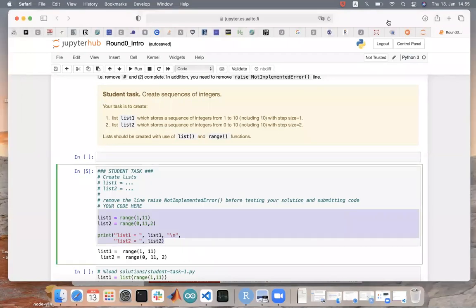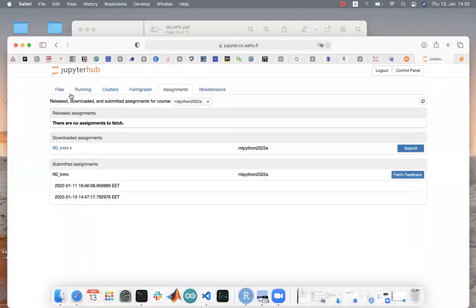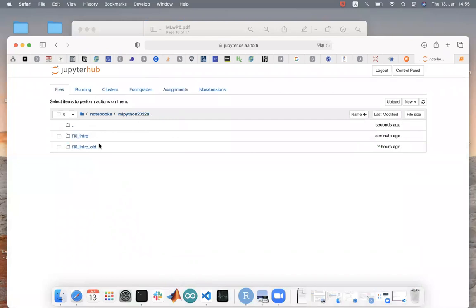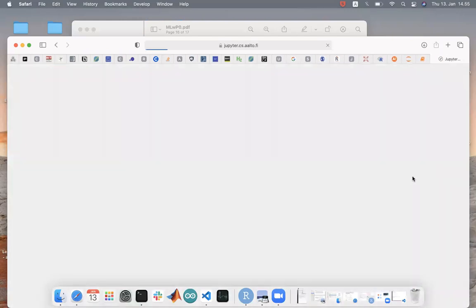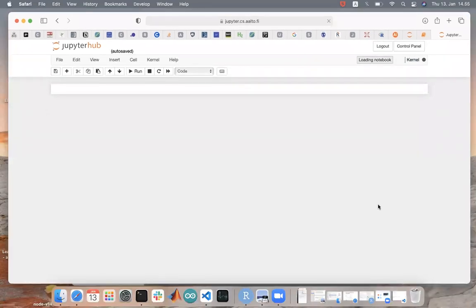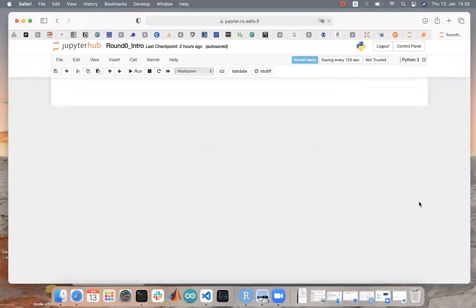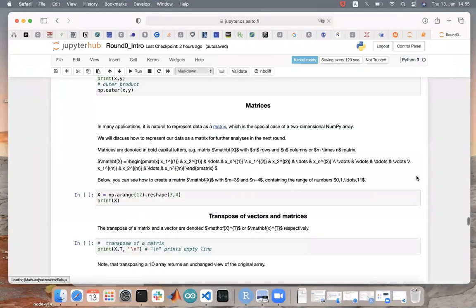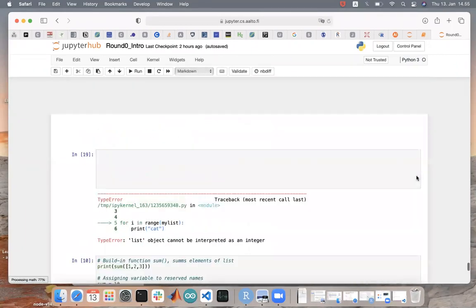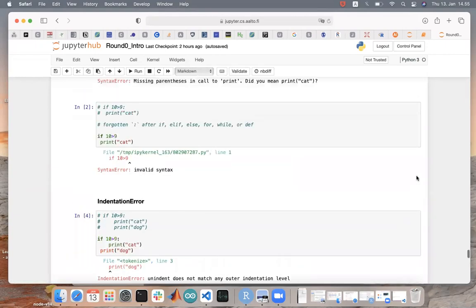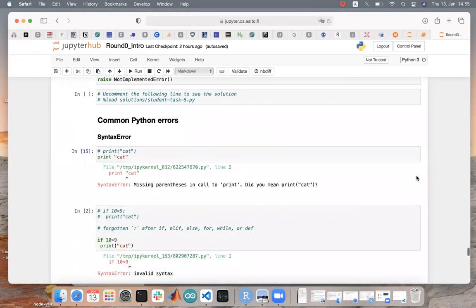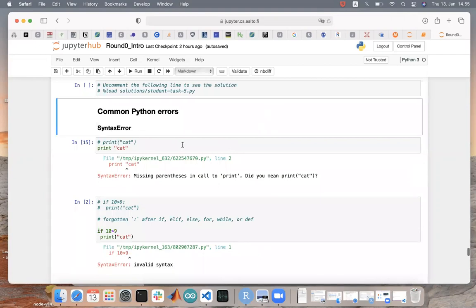So I wanted to show you a few examples of the errors. I think I prepared some examples. Okay, so syntax errors.